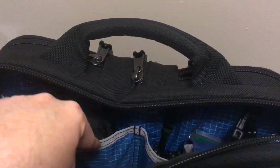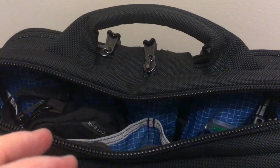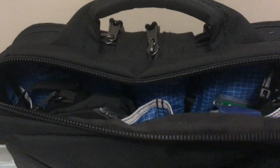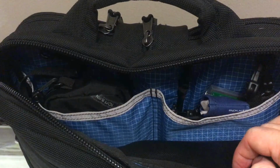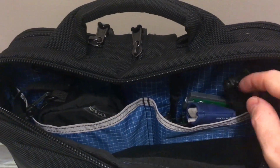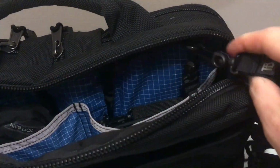If you had like a 6" by 4" little pocket for quick access items, I would really like that, because I have found that that pocket is the most used pocket on my Synapse. A couple of the other bags I have, having a quick access pocket is vital. So what I would typically use in my quick access pocket, I have leashed to the back here to where